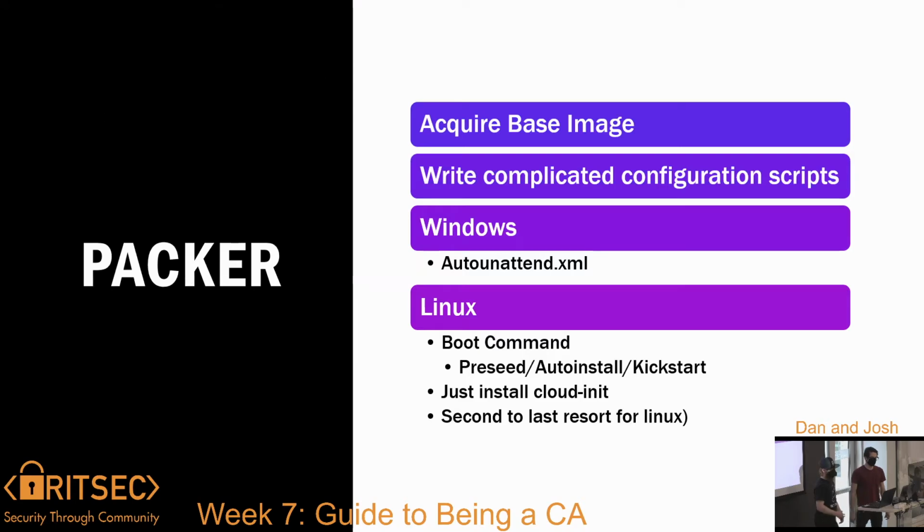So the other way, I mentioned that you can just pull a cloud image off of Ubuntu's site, but the other way to acquire a base image is something called Packer. Packer is an automated way of generating a base image, and it does this in a few ways. It essentially spins up a VM on the fly and configures it, and it can configure it in two ways. It can configure it with a boot command, which is how Linux has historically worked, or you can just attach a Windows auto unattend file, and it can work that way too.